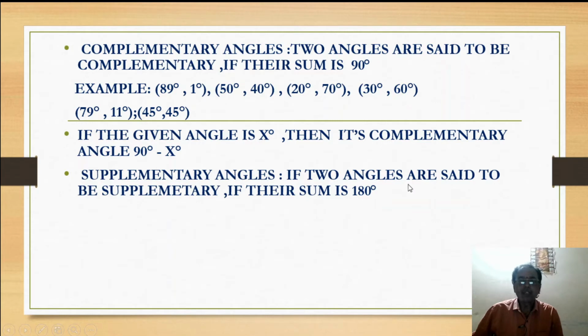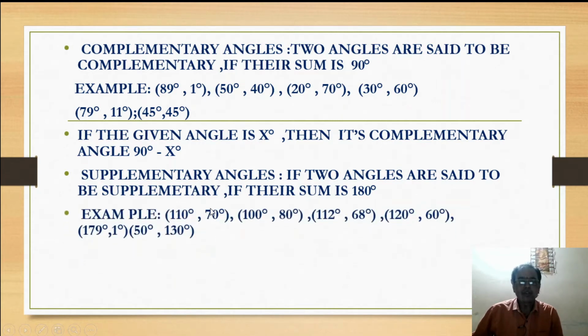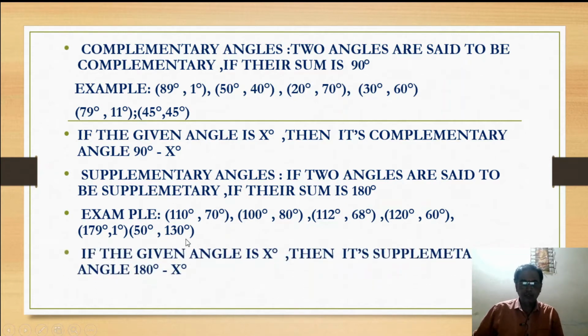Supplementary angles. Two angles are said to be supplementary if their sum is 180 degrees. For example, 110 degrees and 70 degrees. The sum of these two is 180, and like that 100 degrees and 80 degrees, 112 degrees and 68 degrees, 120 degrees and 60 degrees, 179 degrees and 1 degree, 50 degrees and 130 degrees. So like this we can take some examples of supplementary angles. If the given angle is x degrees, then its supplementary angle is 180 minus x degrees. Okay, children, so once you recall all these main points,